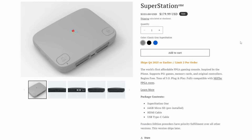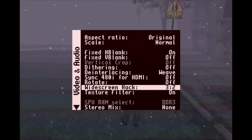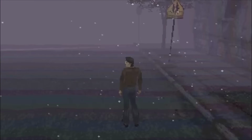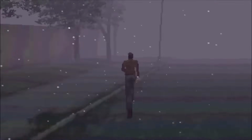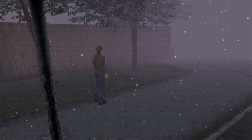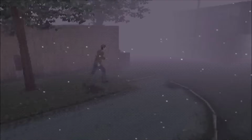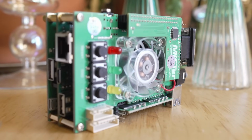And again, this thing is still available right now for $179.99, so if you want to pick one up, you still absolutely can. It's definitely designed around the design language of a PlayStation 1 and has the functionality for the SNAC controller ports for that console, but again, it plays every single core MiSTer FPGA plays, which means it's also a Sega Saturn, it's also a Nintendo 64, Super Nintendo, Sega Genesis, Sega CD. I could keep listing these things, but it would take a 20-minute video just for me to get all of the core names out into a voiceover, and it is just a pivot on the standard MiSTer FPGA formula,